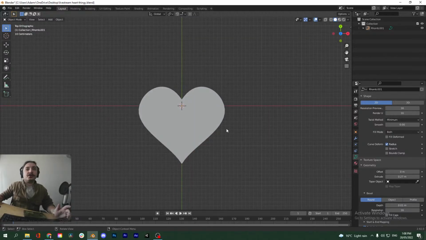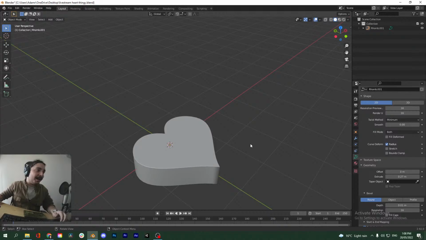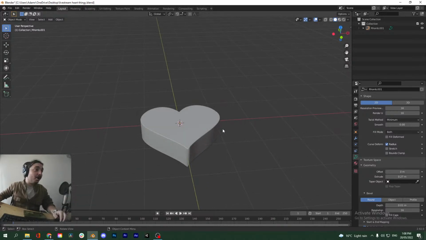Okay, so why do you need a heart? I don't know. I'm going to show you an example of an effect that I came up with using this heart. Of course, the possibilities are endless. You can do whatever you want with this shape. But let's say, for example, we want to do an effect where we take an image of a building and then engrave this heart onto that building.